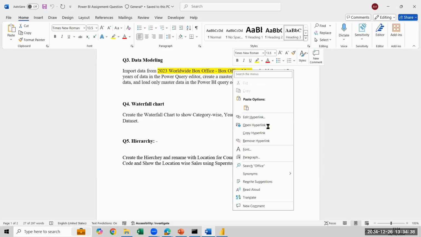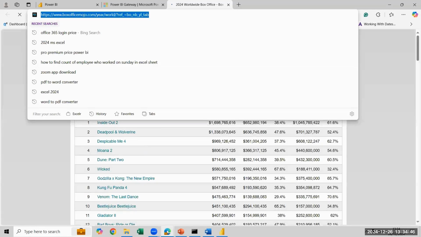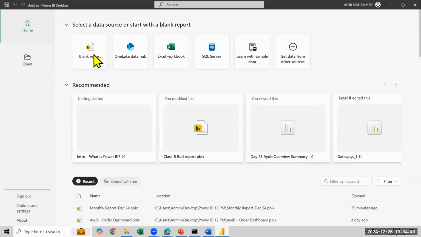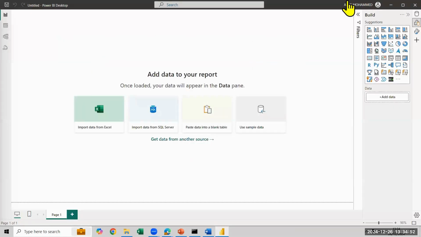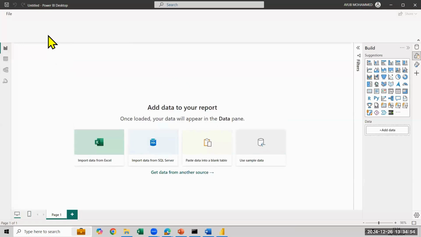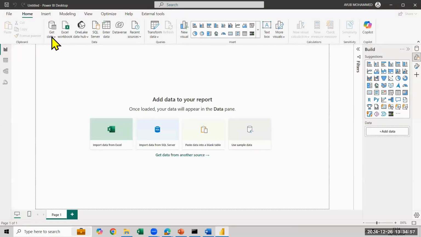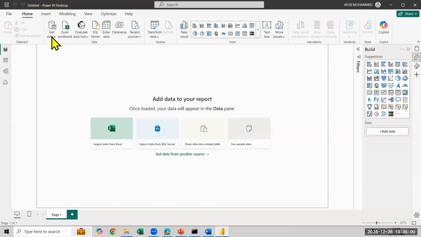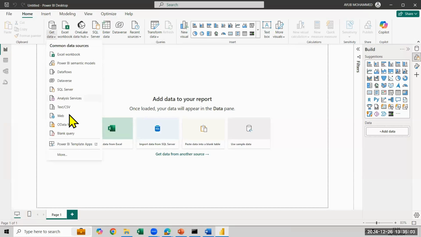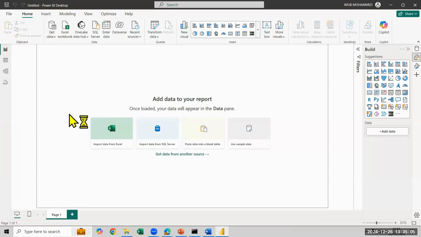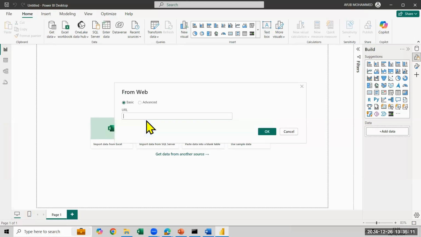So you need to open this link. You will copy this link. You will come back to the Power BI. Click on bank report and here you need to use get data option. So let me just show you here. Get data. And here you have to use web option. If you click on this web, and paste the URL and click OK, it will redirect to that web